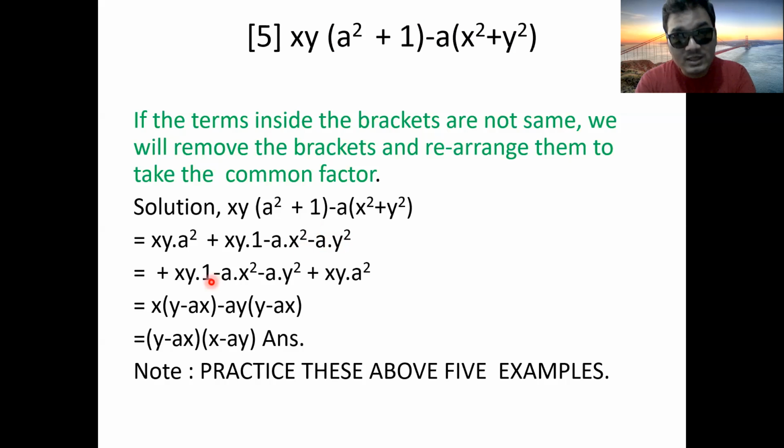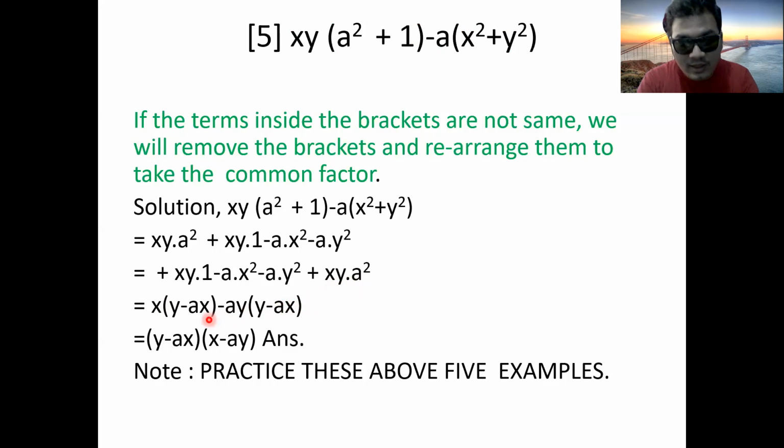Now let's take common of these. What is common here? x is common, right? x common. Here y is left, minus and ax is left, because x square means x into x, so one x is common and gone. Then here is minus, here is plus, and take minus common. As I told, in this plus there are two minus. If one minus is common and gone, one minus remains here. Okay, if y is common and gone from ay, then one y is left. Okay, right, y minus, here x is left, common a y is gone, then x is left and a is left. That's why write ax.